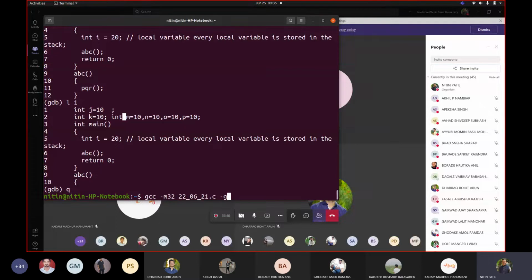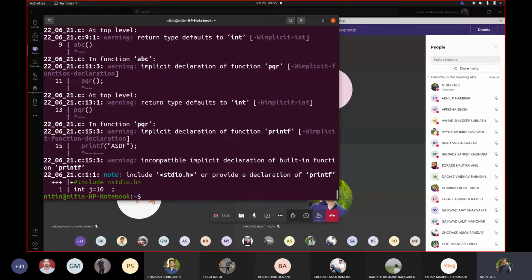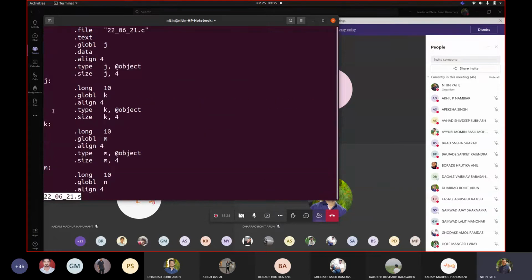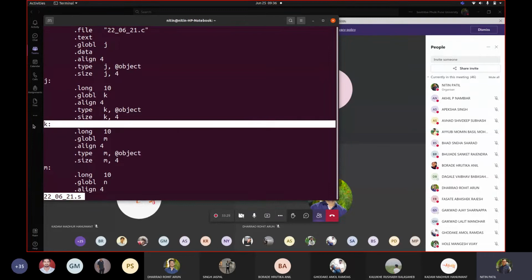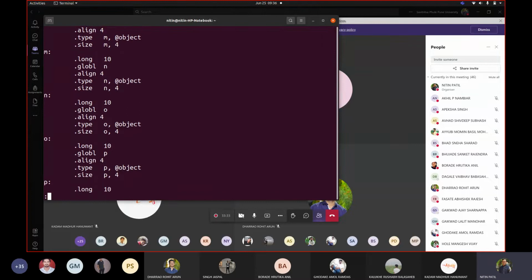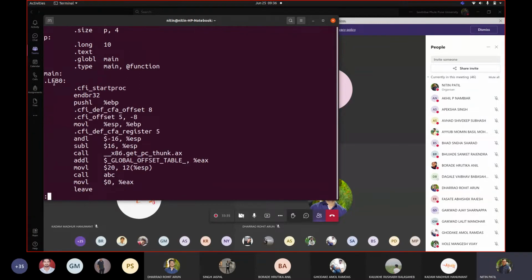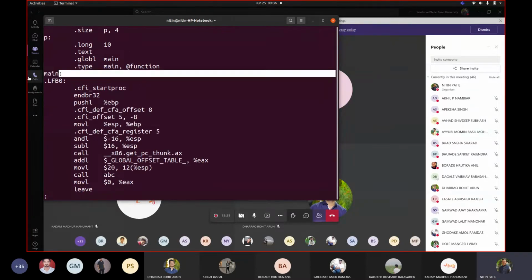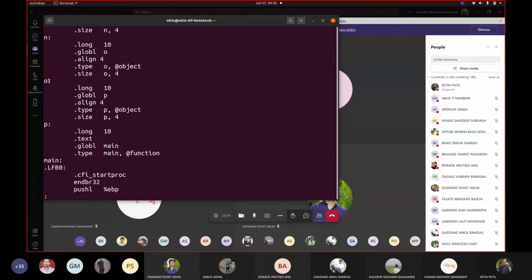So we created this file. Instead, what I will do is write here -S, which generates your .s file. Now if you see, you can see that this is a label. That's how you write a label in assembly, correct? You may even see your main function. Main also is a label. Everything is now categorized as a label.